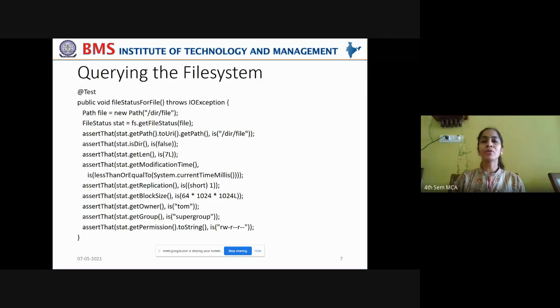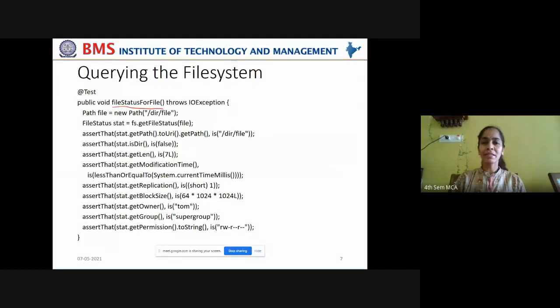If you want to test various parameters that have been set for the file in the file system on Hadoop, you can do that by the file status for file method. Okay, you're creating a file status for file method. It is not an abstract method that exists. You're creating it.